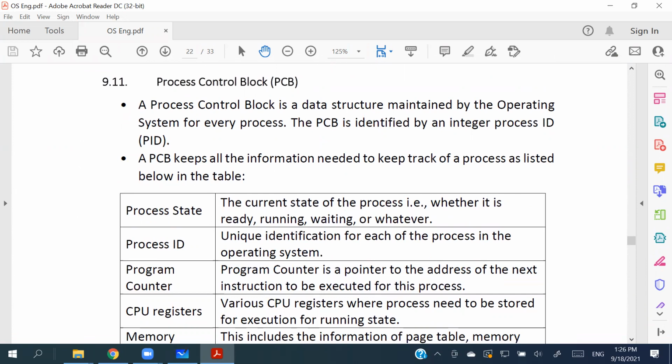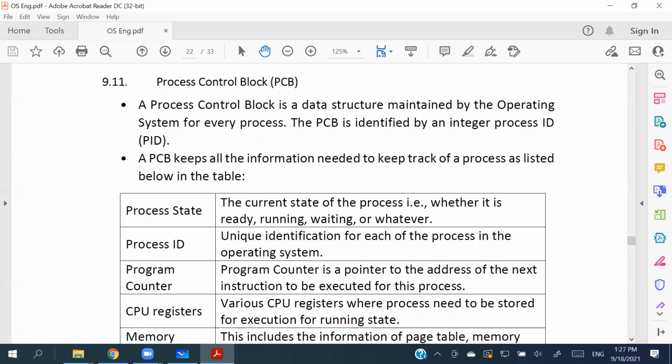Right? Now, a process control block is kind of a notebook. If we map it, it is actually a record book. In school, each and every student has their own record book. Right? It shows your name and all these things, and what your term test marks are, and it simply gives some information about you. So a process control block is something like that.